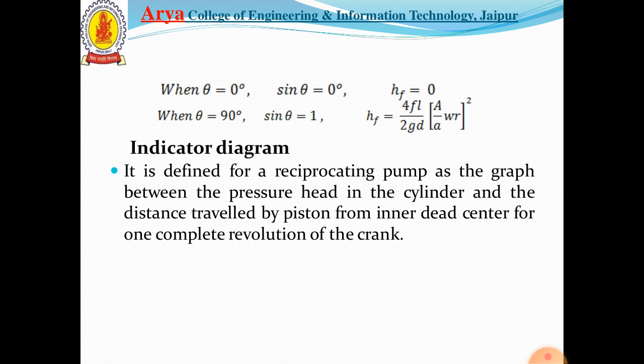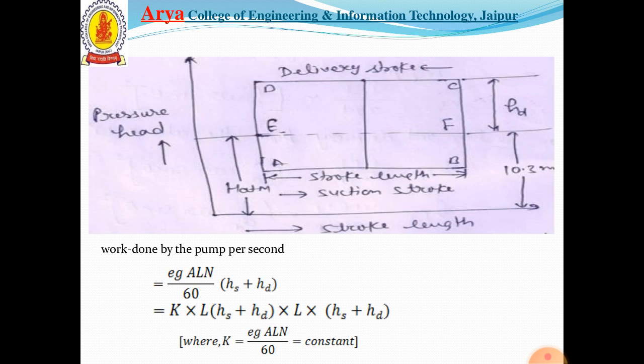Now further we can discuss the indicated diagram of the reciprocating pump. The indicated diagram is defined for a reciprocating pump as the graph between the pressure head in the cylinder and the distance traveled by the piston from inner dead center for one complete revolution of the crank. This is the indicated diagram of the reciprocating pump,